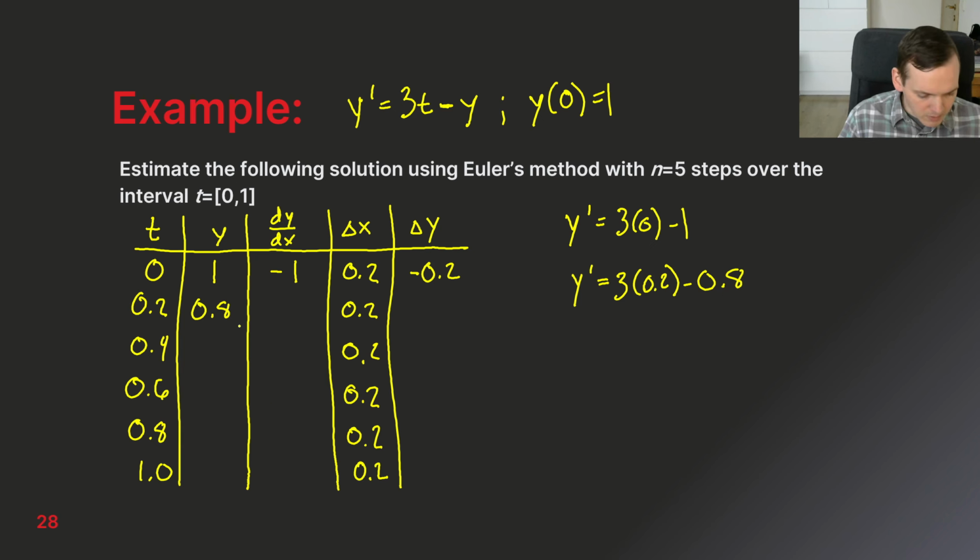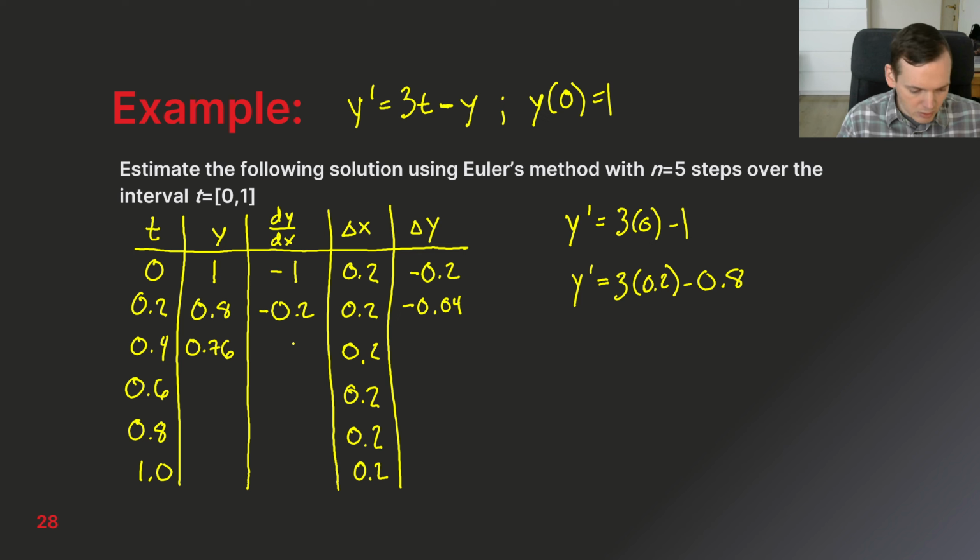At this point, I'm going to be checking against what I had done before, so I'm not actually going to start solving them. But the next slope value, and you can double check these if you want, will be negative 0.2. Negative 0.2 times 0.2 is negative 0.04. I add 0.2 to my t to get this value. I add negative 0.04 to 0.8 to get